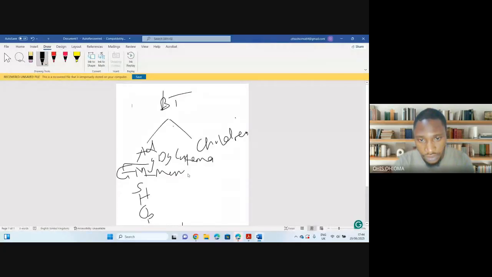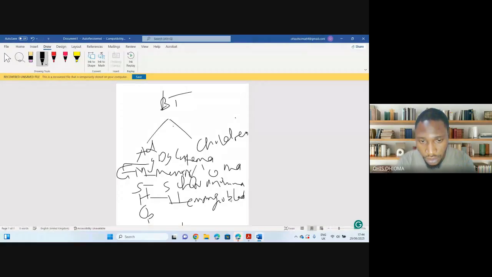The S stands for schwannoma. The H stands for hemangioblastoma. The O stands for oligodendroglioma. And then the P stands for